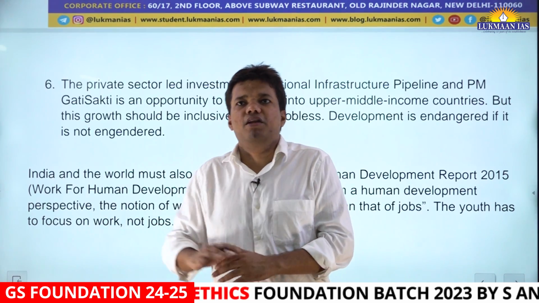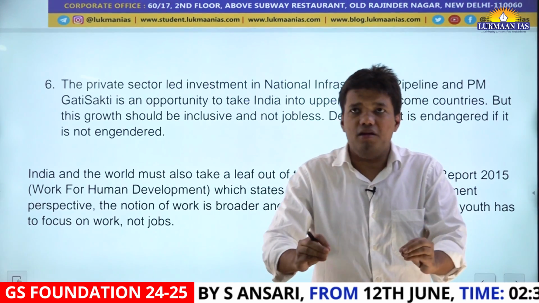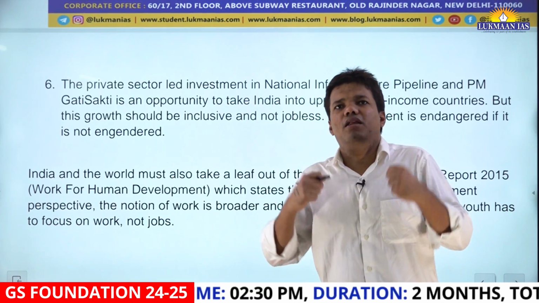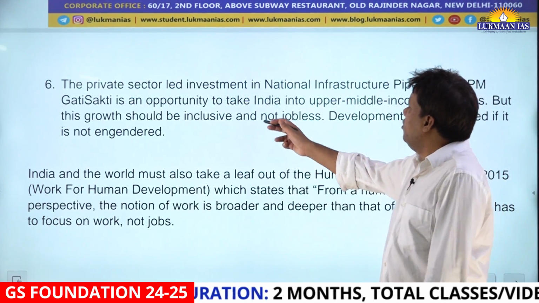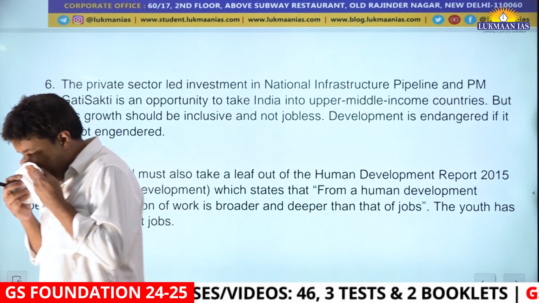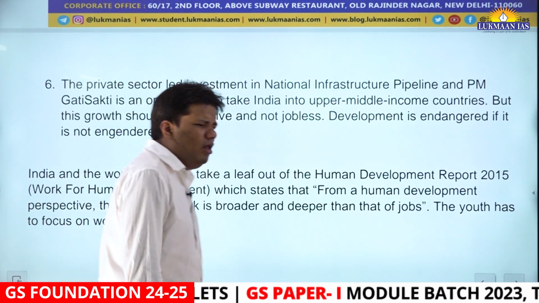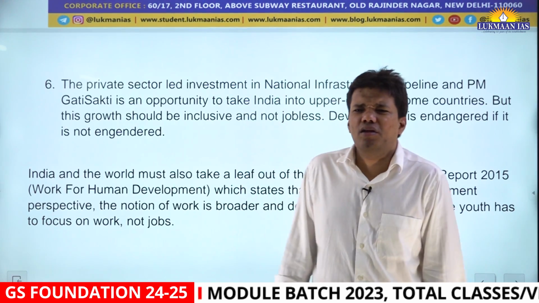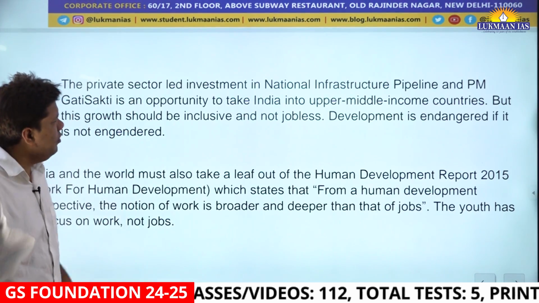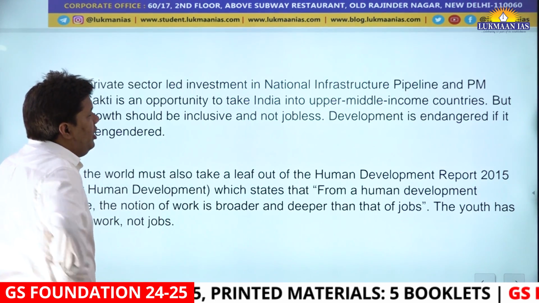This infrastructure pipeline is fine. It will help develop infrastructure. But the main thing is, again, you have to start from rural India, farmers, laborers, women, tribes. The National Infrastructure Pipeline is an umbrella scheme, and it targets, if I'm not mistaken, rupees 111 lakh crore over the next 5 years till 2025. Okay, and it is an opportunity to take India into